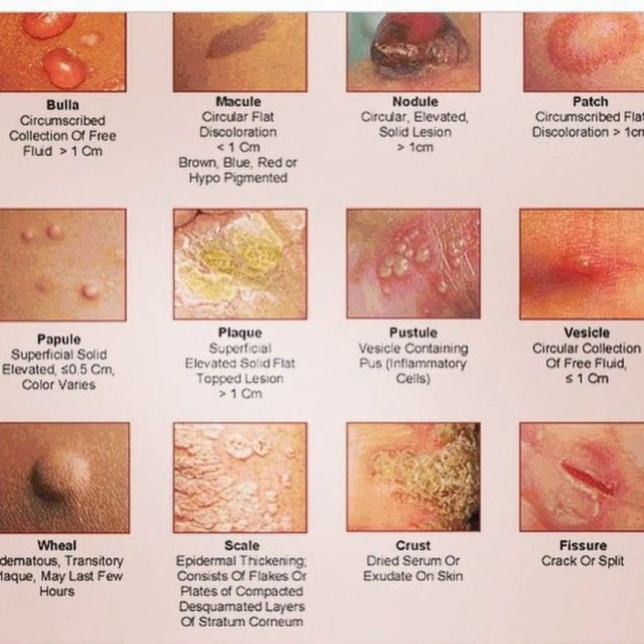Nodule is a solid palpable lesion which is greater than 0.5 centimeter. For example, you find lots of nodules in molluscum contagiosum, which are umbilicated nodules. Even in nodulocystic acne you find nodules. Similarly, vesicles are small fluid-filled blisters less than 1 centimeter, as in chickenpox. In herpes simplex virus also you find vesicles.